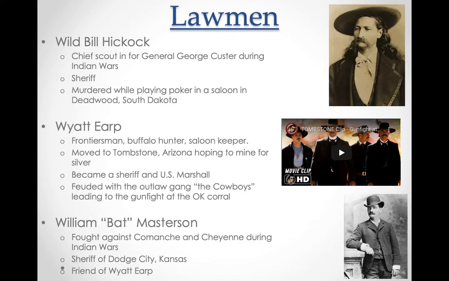The most famous lawman was probably Wyatt Earp. Earp was a frontiersman, buffalo hunter, and saloon keeper who moved west like many other settlers. However, once he arrived in Tombstone, Arizona, hoping to mine for silver with his brothers, he was forced to become a sheriff and eventually a U.S. Marshal when he and his brothers began feuding with the outlaw gang the Cowboys. Their feud led to a series of gunfights and confrontations in Tombstone, most famously the gunfight at the OK Corral